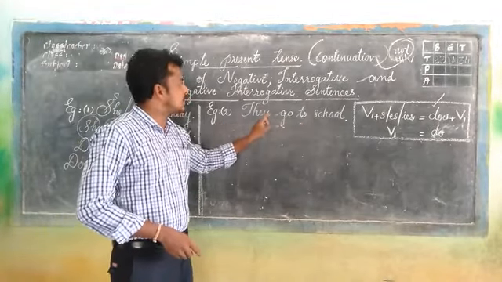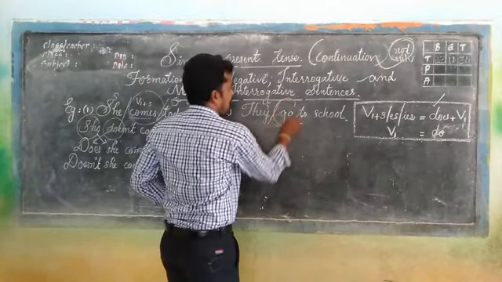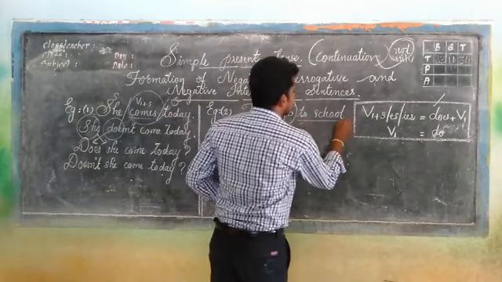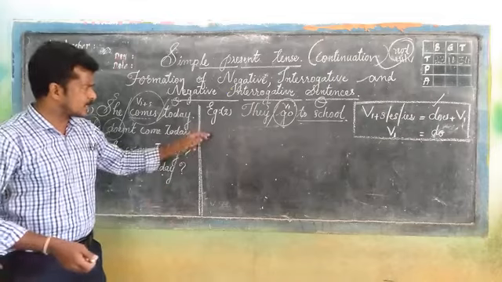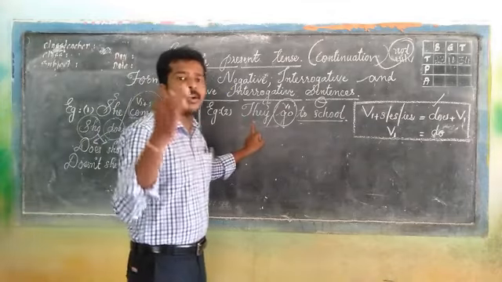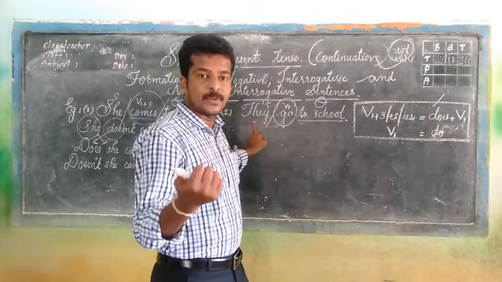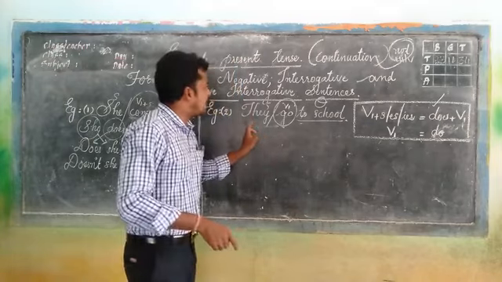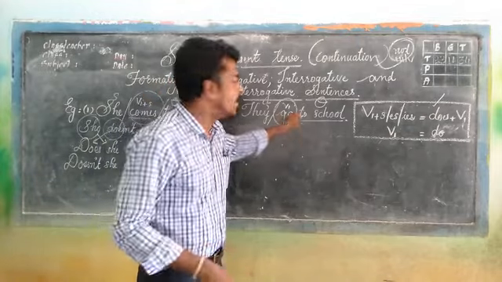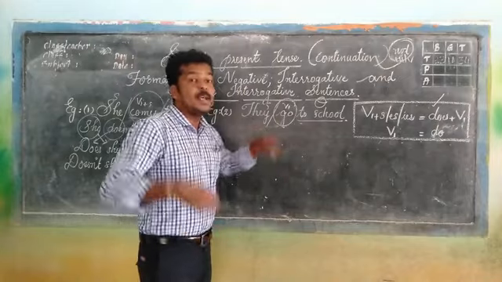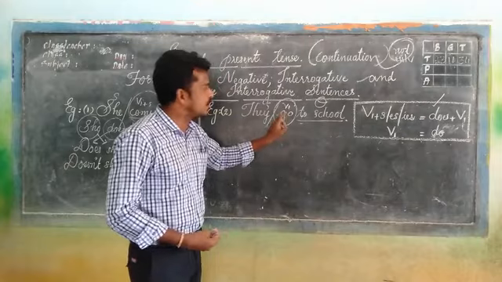In example 2, they go to school. This is an affirmative sentence, and here they is the subject and go is the V1 form and this is the object part, though it is not a direct object. Listen, here also there is no direct helping verb. Then how can we make the negative and interrogative form? As I told you, if you want to make this sentence negative, just add not along with the helping verb. And in this sentence, they go to school, there is no direct helping verb at all. But a verb is given there and that is V1.